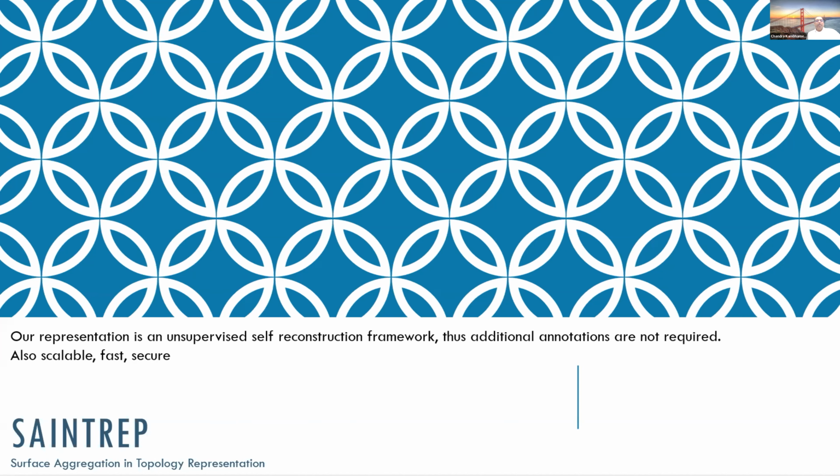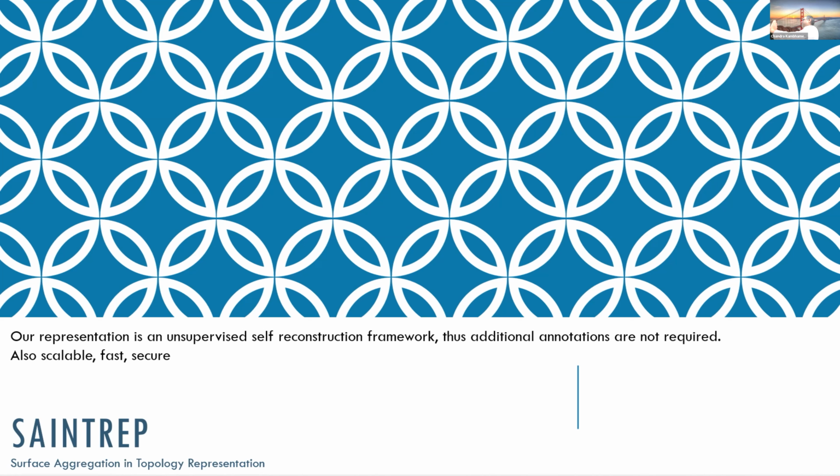So we came up with a representation called SaintRep, which stands for surface aggregation in topology. Why I like the word surface aggregation is that when the sculptor is doing these different dips, if you think each thumbprint is a surface element, the way these elements are dipped is different. They are not next to each other. There is no locality there. So the topology is not shape-based. Topology is based on where this person is creating the features, really, right? If they're making an elephant, the way they make the elephant, that's the topology.